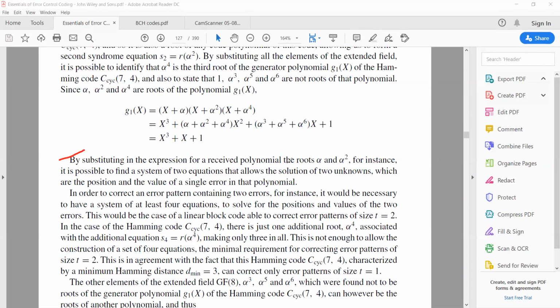So we know the roots of the generator code, but we don't know the roots of the received code. This is the technique to see whether the received code is